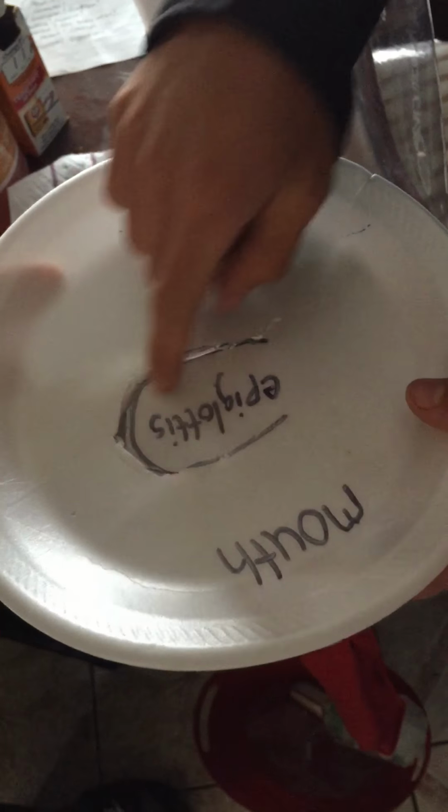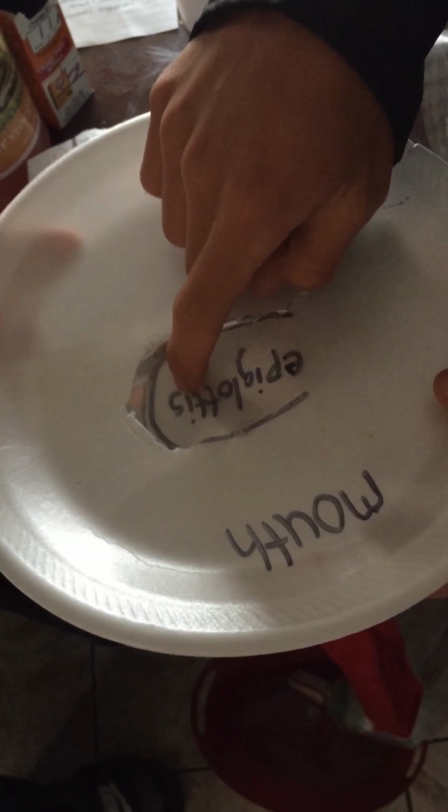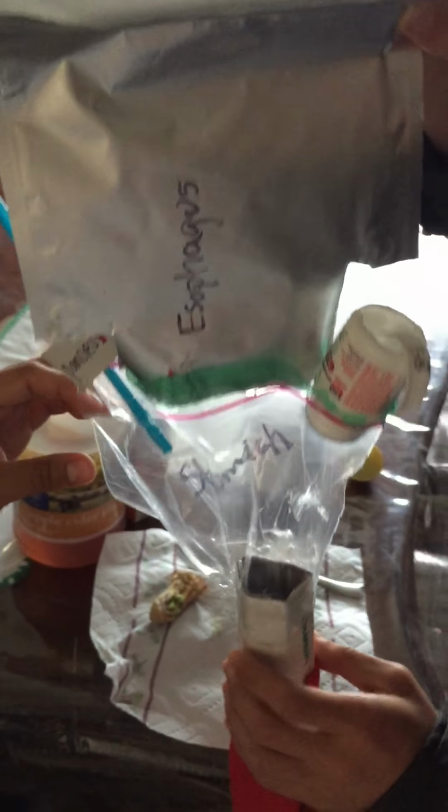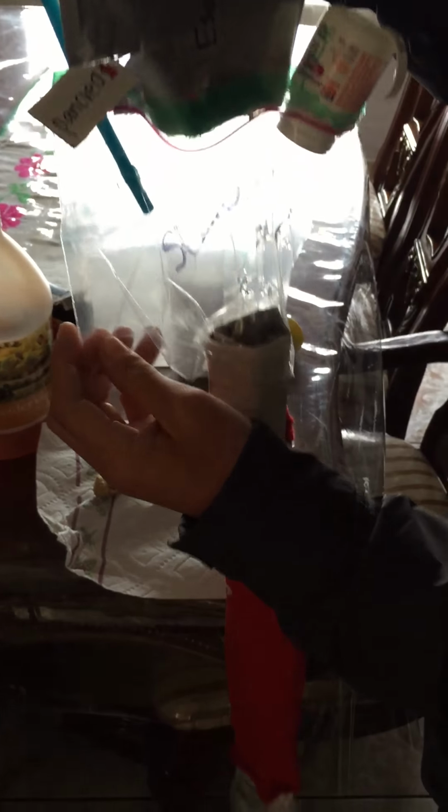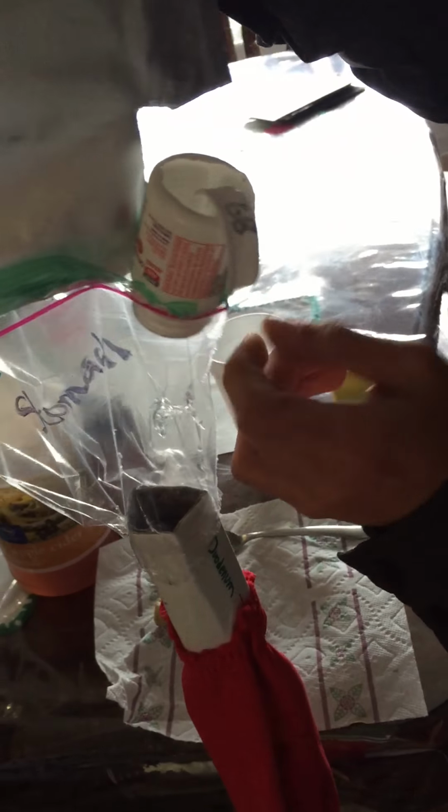We used the foam plate to represent the mouth. We cut a little flap on the foam plate to represent the epiglottis. This little bag is going to represent the esophagus. The Ziploc bag is going to be the stomach. This straw right here is going to be the pancreas. The little pill container is going to be the liver, and it's going to be the gallbladder. Then